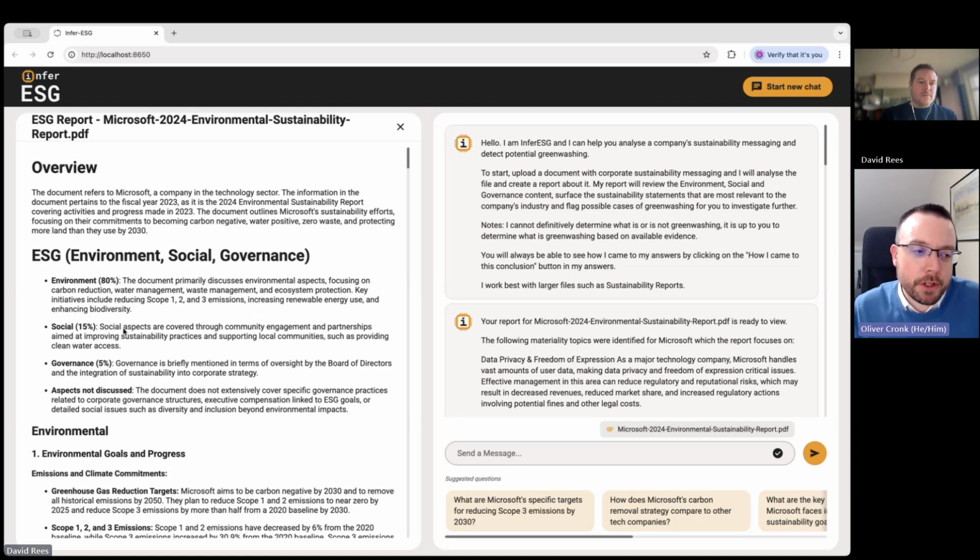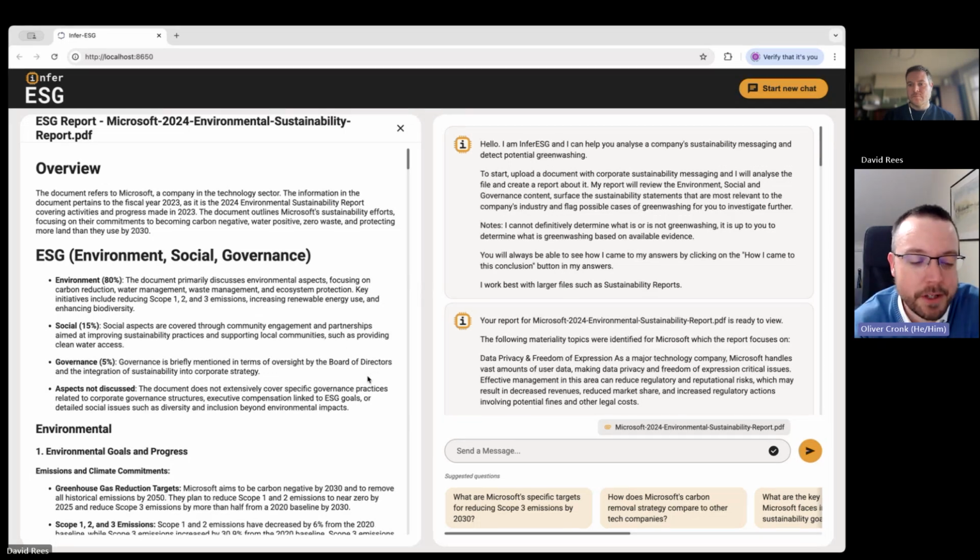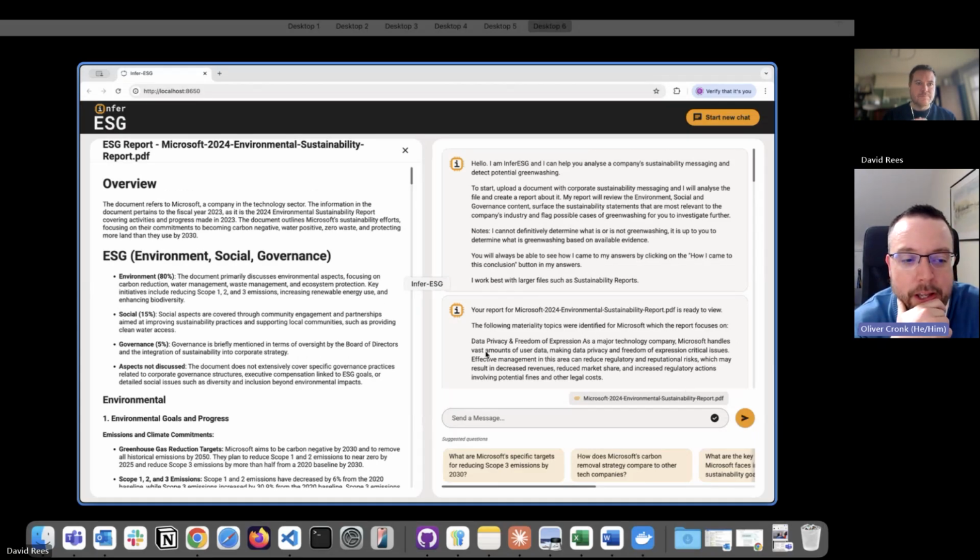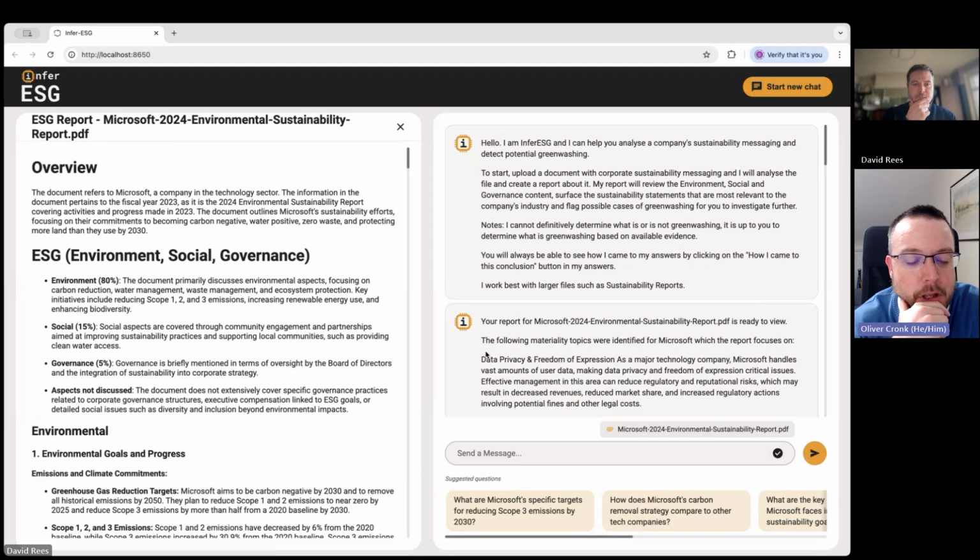So if you want to walk through this a little bit, David, it's called out the percentages of the content of the report, but then it breaks things down into environmental, social, and then governance. And I think it's fair to say in our work so far, we've focused probably most on environment and social, a little bit on governance, but greenwashing is obviously more commonly associated with environmental or green issues. So whilst those are present, I think probably more of our robust testing has been done on E and S, environmental and social. If you want to scroll down,